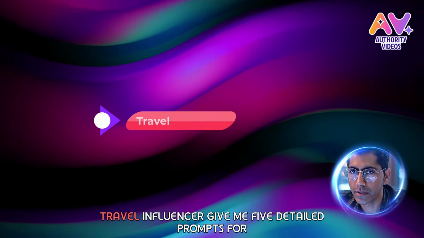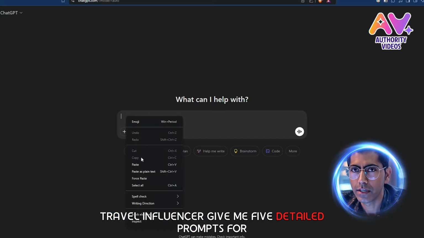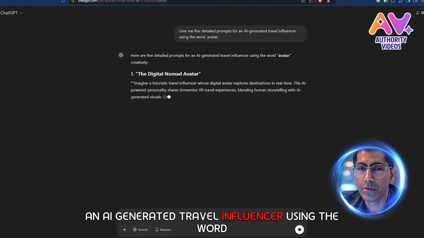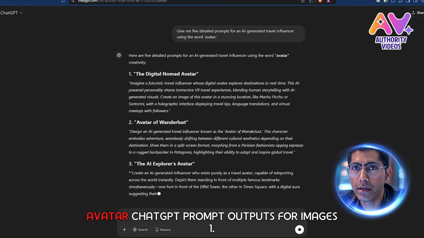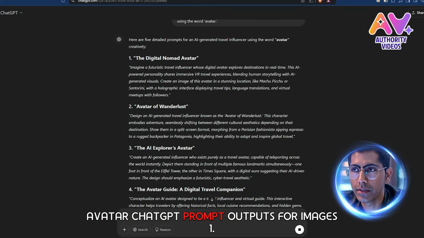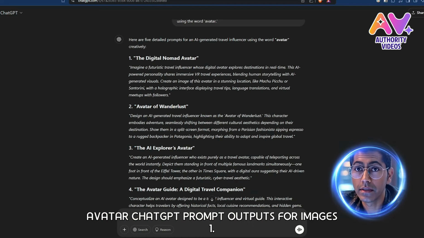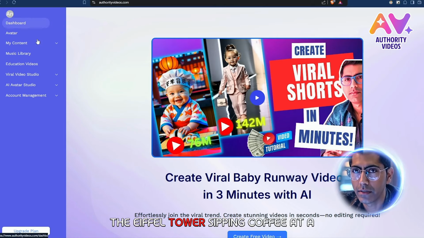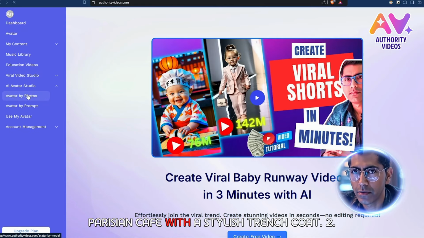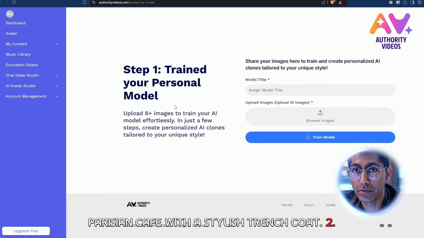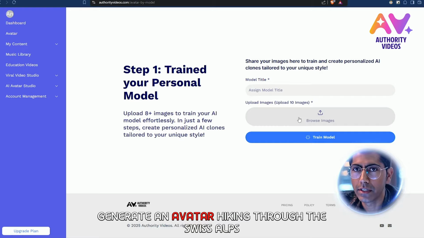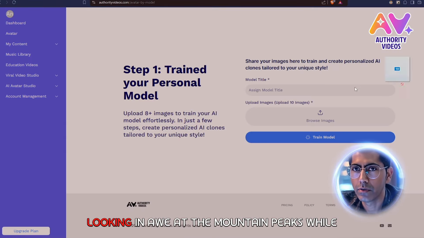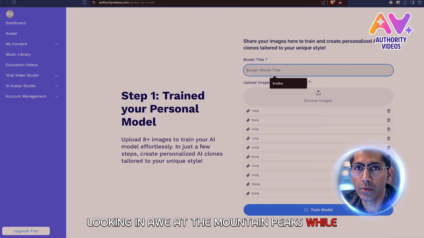4. Travel influencer. Give me 5 detailed prompts for an AI-generated travel influencer using the word avatar. ChatGPT prompt. Outputs for images. 1. Create an avatar posing in front of the Eiffel Tower, sipping coffee at a Parisian cafe with a stylish trench coat. 2. Generate an avatar hiking through the Swiss Alps, looking in awe at the mountain peaks while capturing